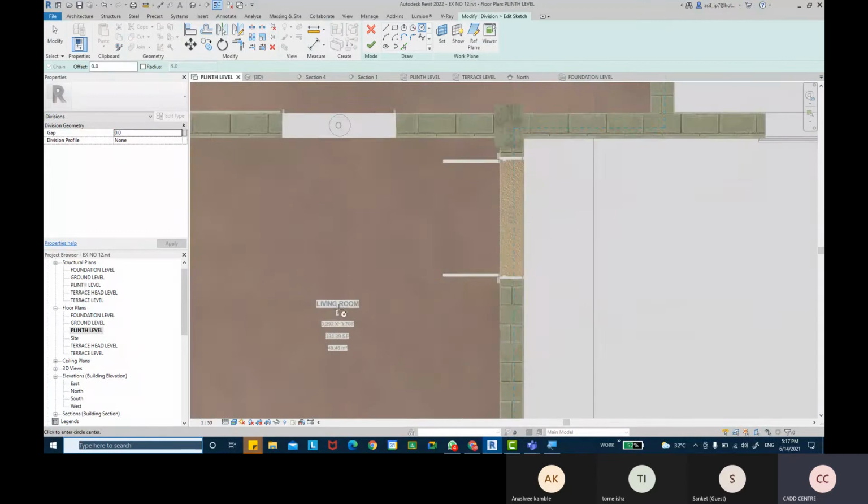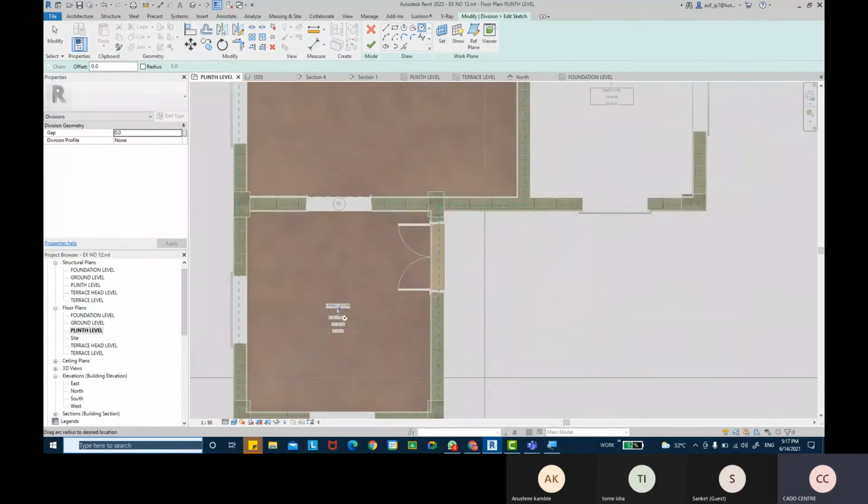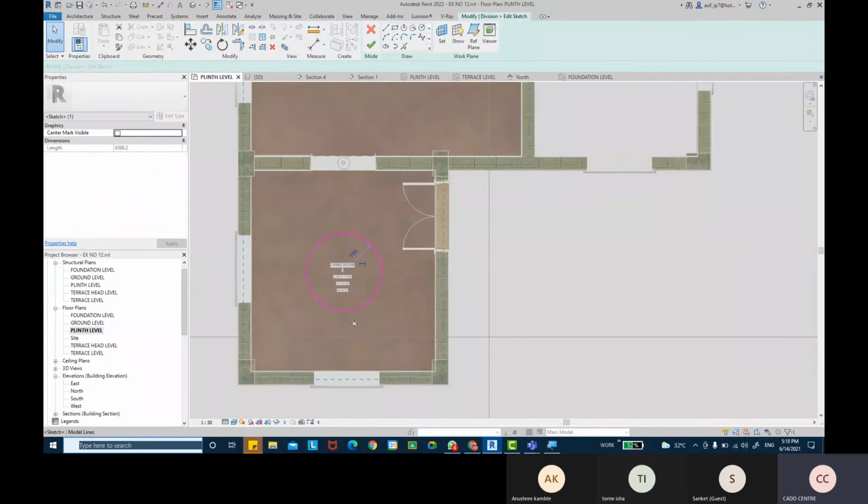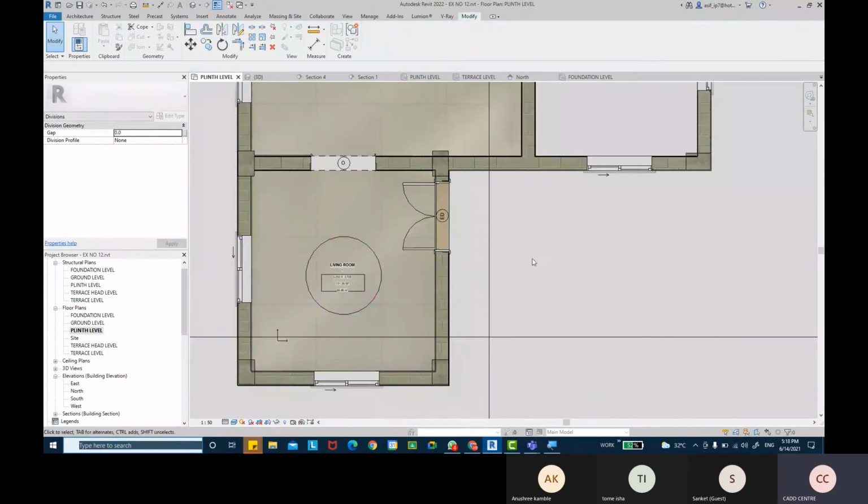Maybe I'll take it as a shape in the middle of this room. I'm going to give a radius of, let's say, 700. So that's the shape that I wanted to apply. And then I'm going to hit finish mode. And one more time, finish mode.